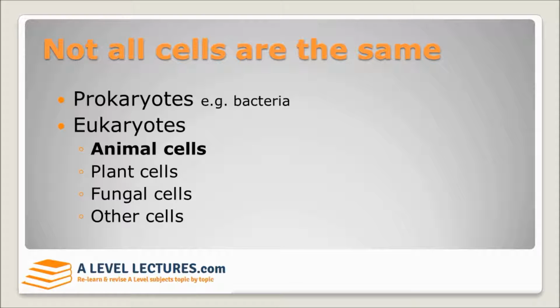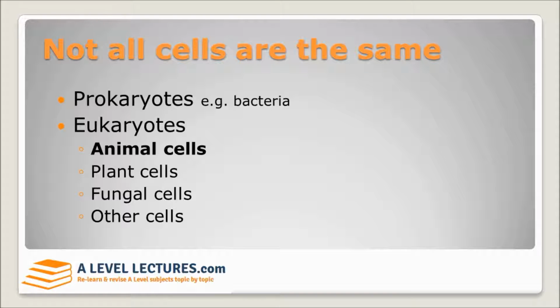So we have prokaryotes, which are your bacteria essentially, and we also have these things called eukaryotes, which are us, animal cells, but also plant cells, fungal cells. There's distinctly these two groups, prokaryotes and eukaryotes, and it's good to have in your mind the idea of the